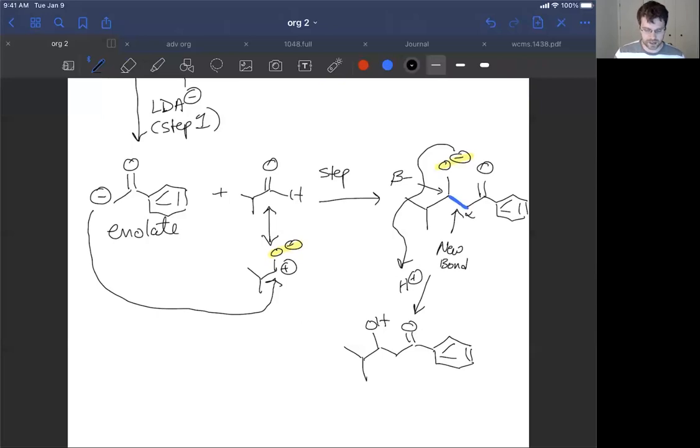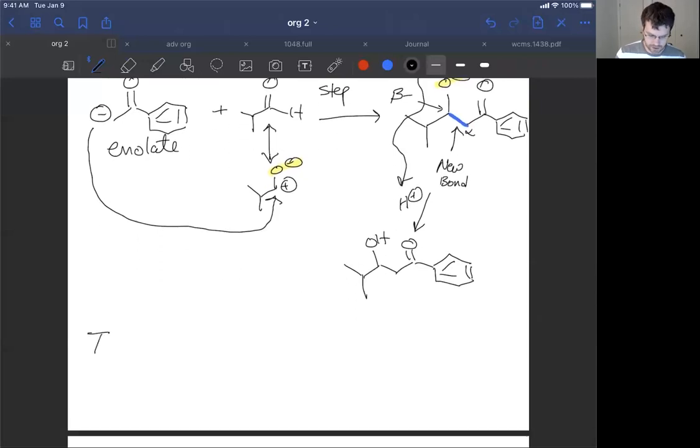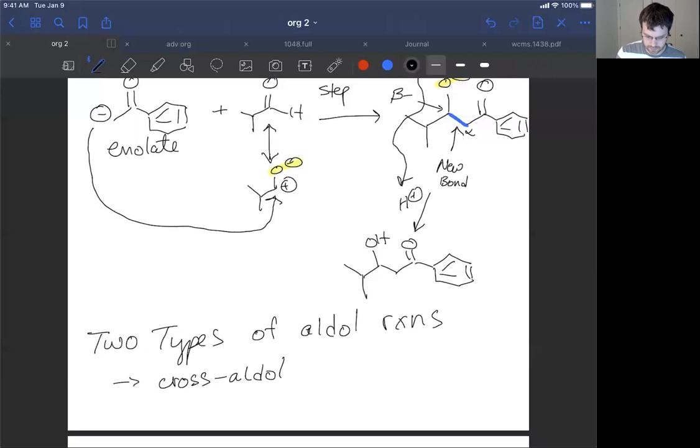Okay, now this is a special example of an aldol reaction called a crossed aldol reaction. But before we talk about those sorts of details in a second, let's talk about the self-aldol reaction. So maybe I'll just list both of them. There are two types of aldol reactions. One is the crossed aldol reaction, where here the enolate and carbonyl electrophile